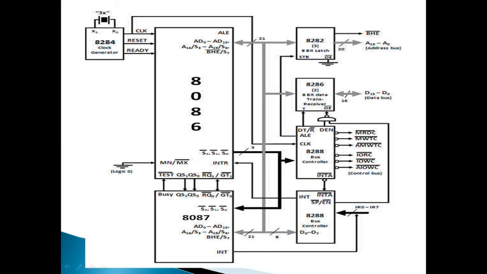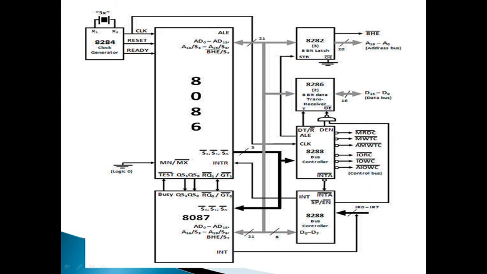Because of this, this word will be captured by the 8087. It means the 8086 will have to fetch the first word of the operand, and the remaining words of a large operand can be fetched by the 8087. If the address of the first byte is given, the remaining bytes can be fetched next to that. That's why the first word needs to be fetched by the 8086. Once the 8087 gets this operand, it begins processing by marking the busy output high.